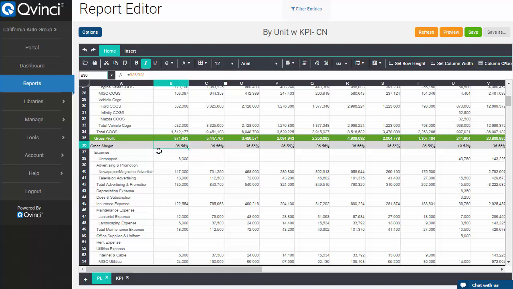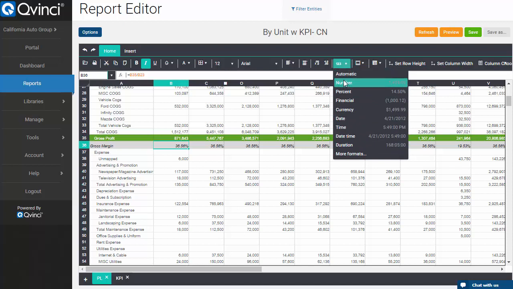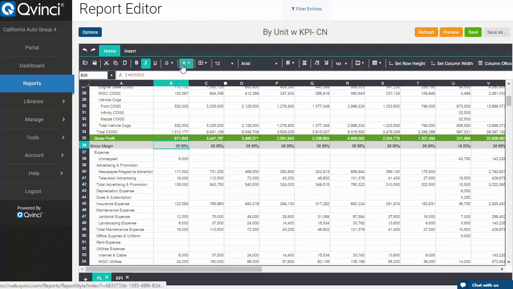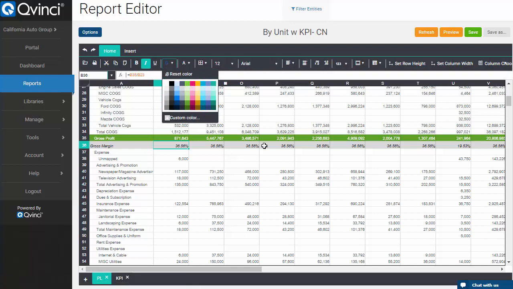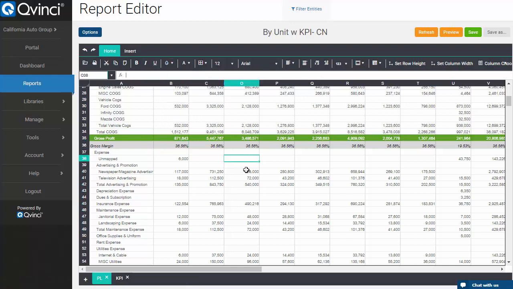And so you can add custom rows and columns and custom metrics. You can see that we have all kinds of things here. You can format cells with percents, financial, currency, and dates, and you can make them bold and reverse highlighted, pick colors, left align, center align, that sort of thing. Literally build a custom reporting template that will hydrate across all your clients automatically. Build it once, use it many times.